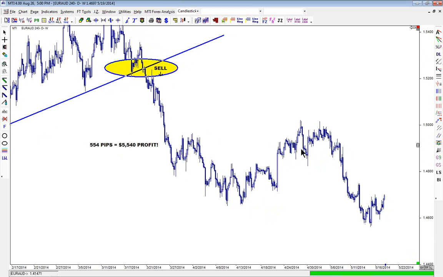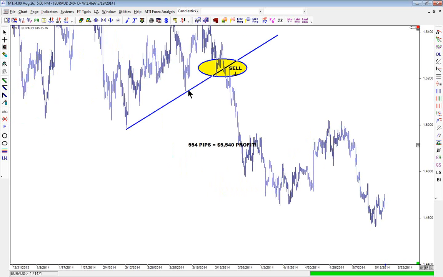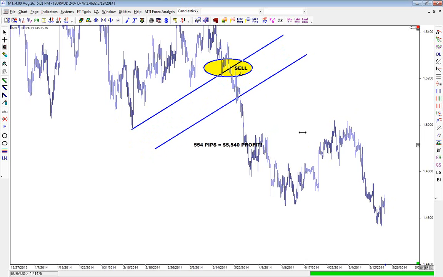Well, Jose, how do I know when to get back in when the market waves back? Watch how easy this is. You take this counter trend line. You right-click on it. Does everybody see the word parallel right here? You click on parallel, and the same trend line you just drew appears for you to click and drag anywhere you want. When the market starts to yank back, like this,